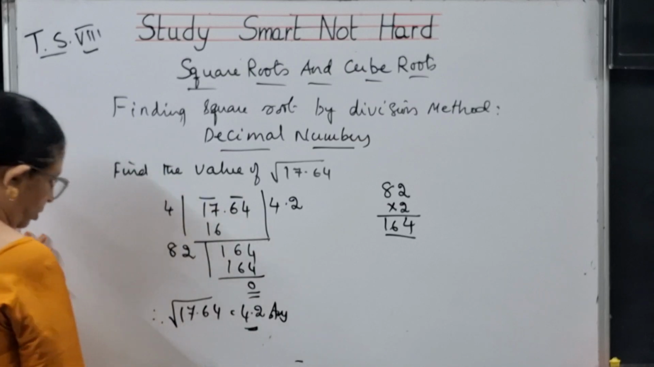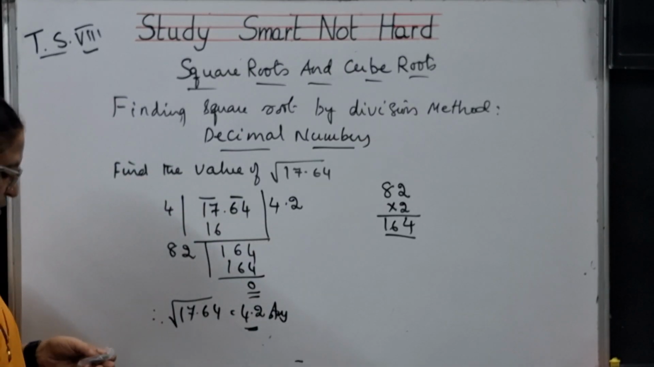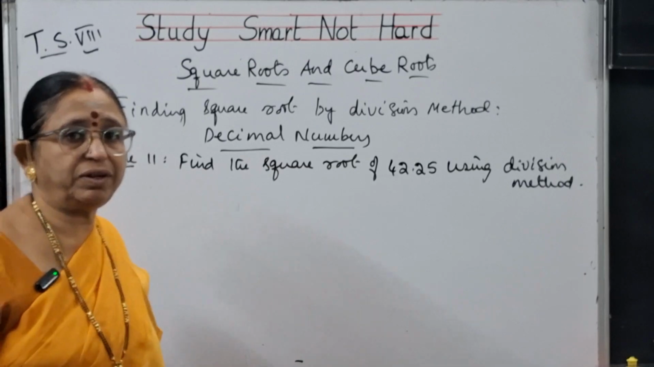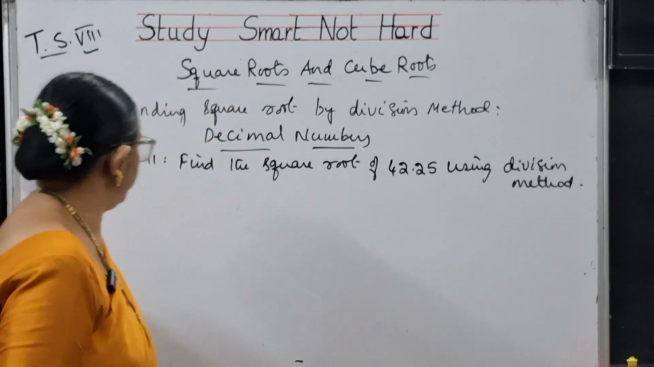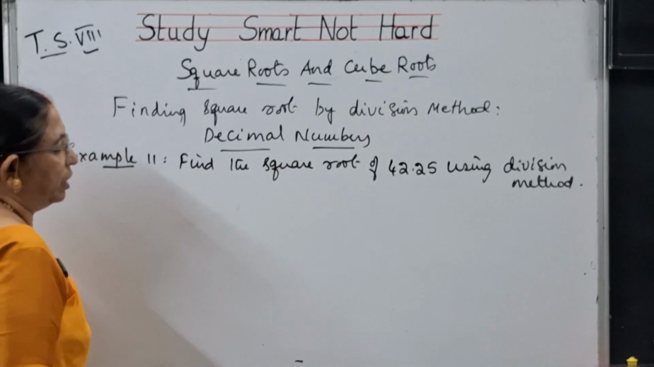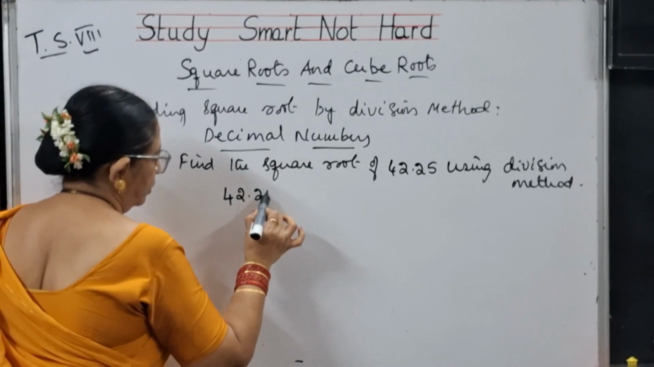This is how you are going to do decimal roots. You are going to find out square roots of the decimals. Note it down, children. Example 11, children. What is this example 11? Find the square root of 42.25 using the division method. So take 42.25,